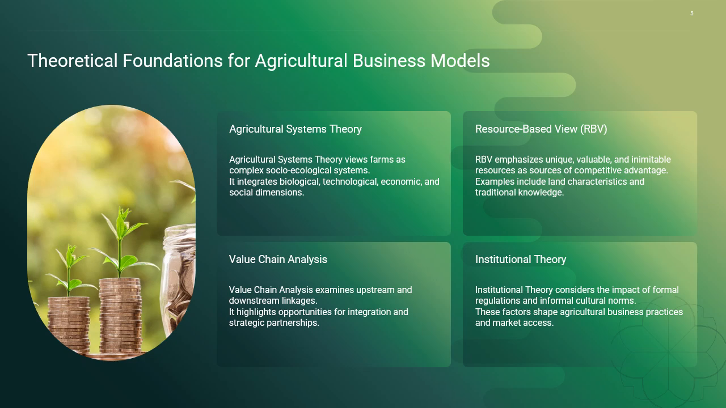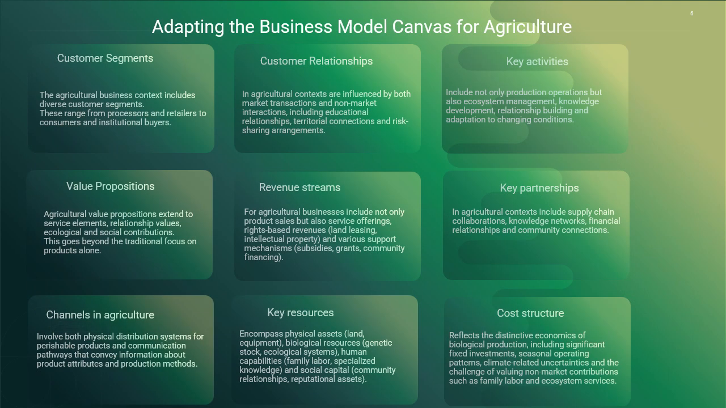potentially influencing its evolution. The business model canvas consists of 9 interconnected building blocks, and each requires specific adaptation for agricultural contexts. Let me walk you through how we modify each component to address agricultural realities. Customer segments in agriculture are particularly diverse, ranging from processors and retailers to direct consumers and institutional buyers. Unlike many industries with relatively homogeneous customer bases, agricultural enterprises often serve multiple distinct segments simultaneously, each with different requirements